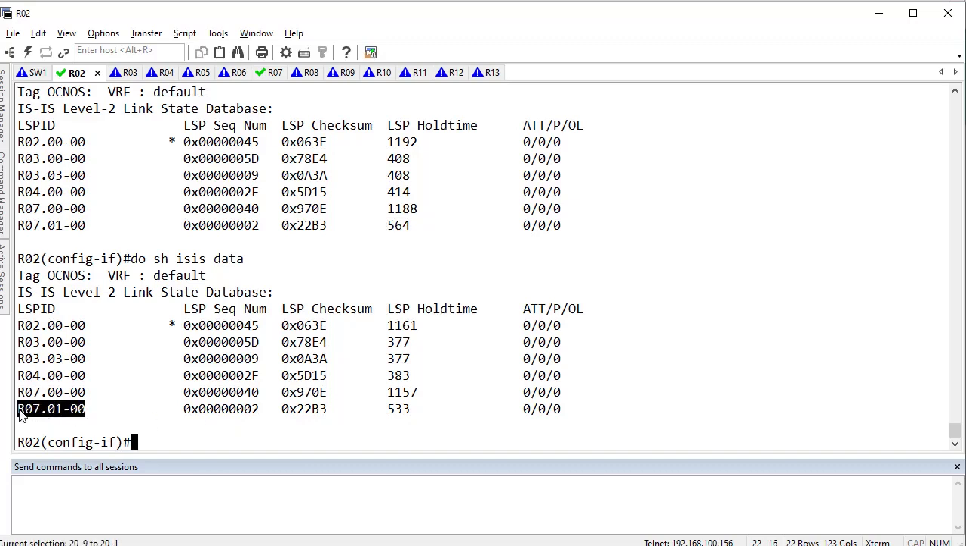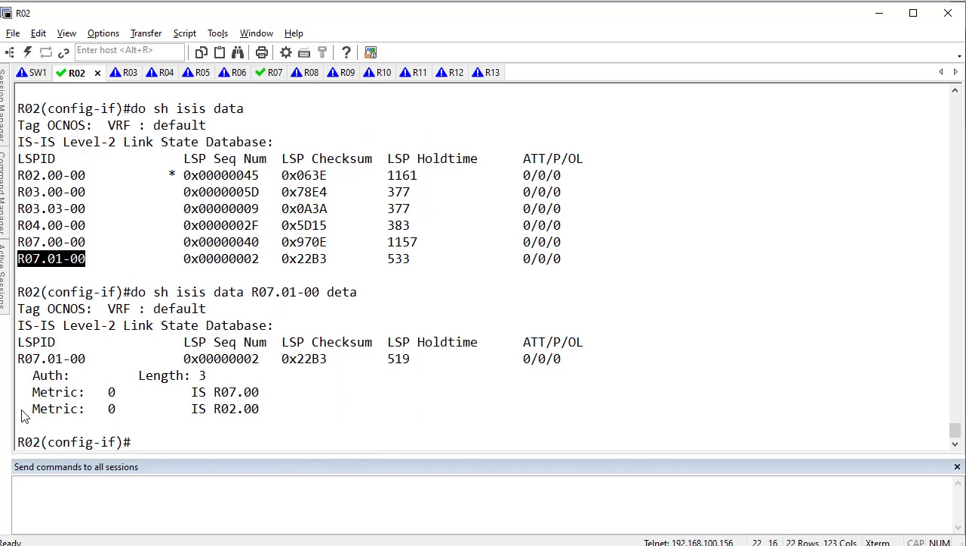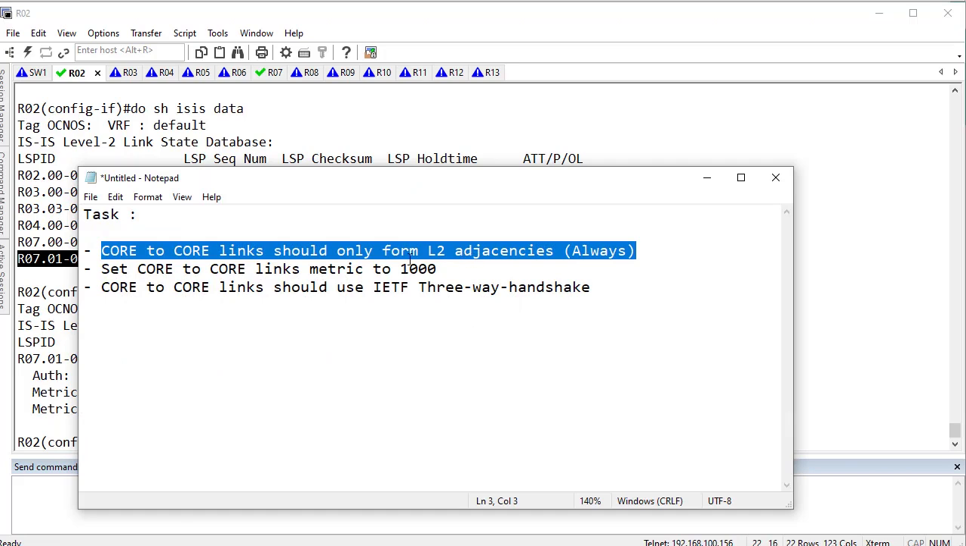If you want to see the contents of that, all you need to do is to say show ISIS database and this LSP ID, and after that you can say detail and hit enter. That says that R7 was the designated IS for this specific network. Okay, let's go back to the actual task. The task says this should be done in a way that